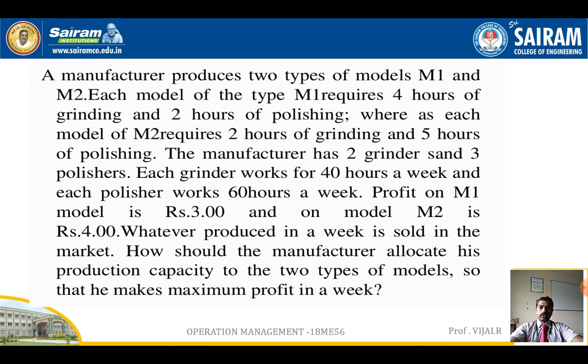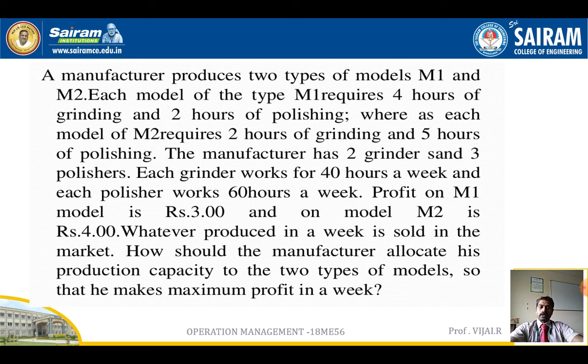M1 requires 4 hours of grinding and 2 hours of polishing, whereas M2 requires 2 hours of grinding and 5 hours of polishing. The manufacturer has 2 grinders and 3 polishers. Each grinder works for 40 hours and each polisher for 60 hours. The profit is 3 rupees for the M1 model and 4 rupees